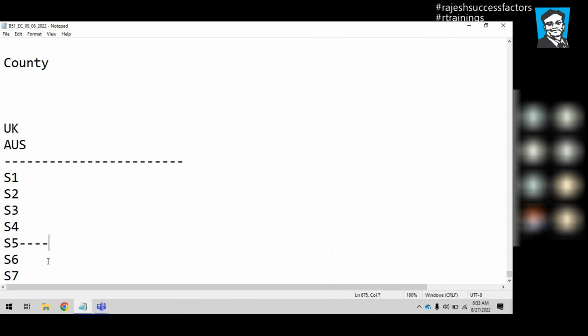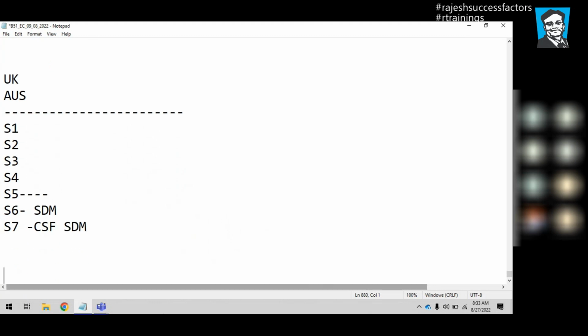We are discussing step number 6 and step number 7. Step number 6 is defining the succession data model, and step number 7 is defining the country specific succession data model. Now, as we discussed, what kind of information will be there in the succession data model,